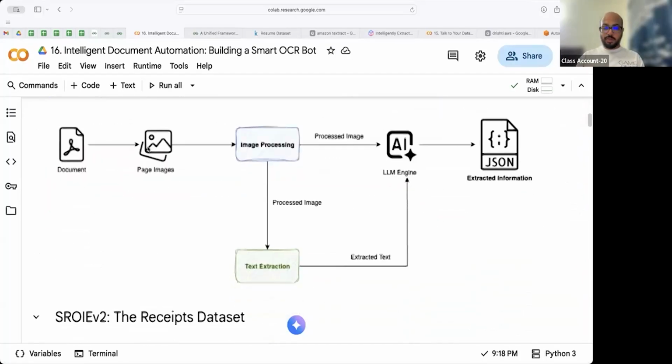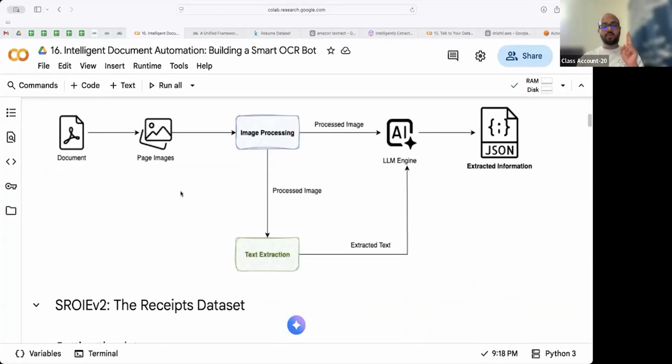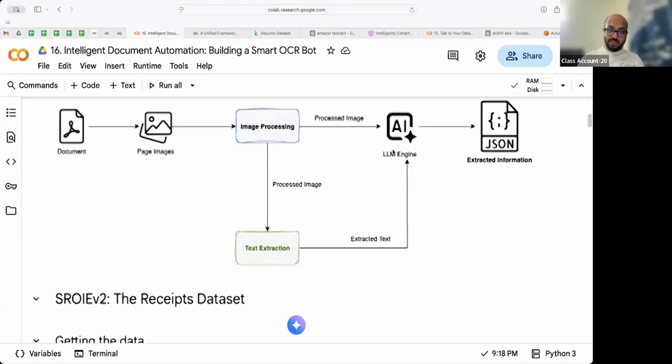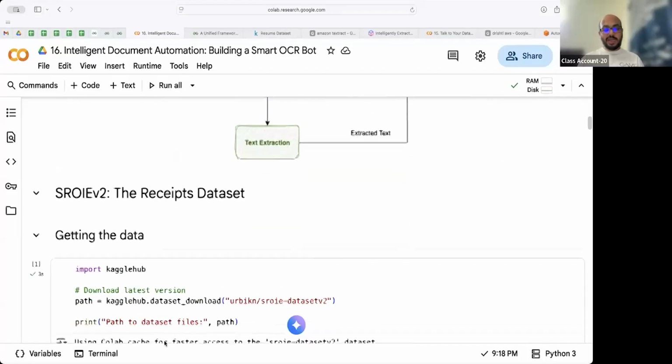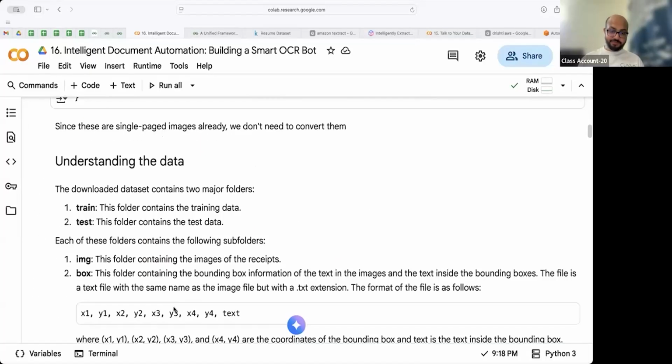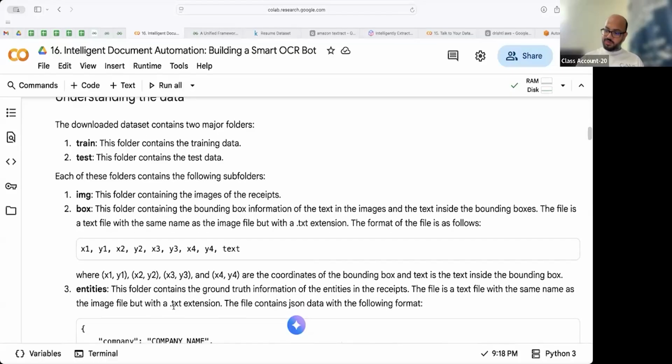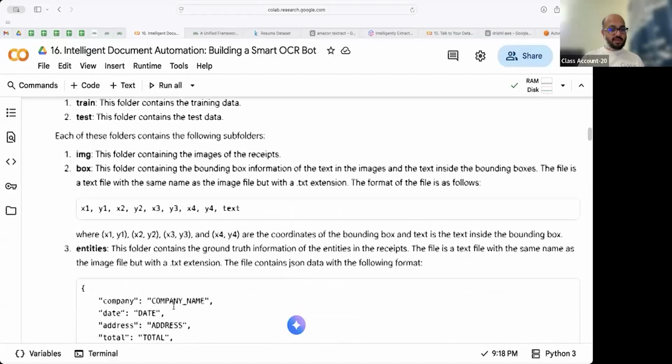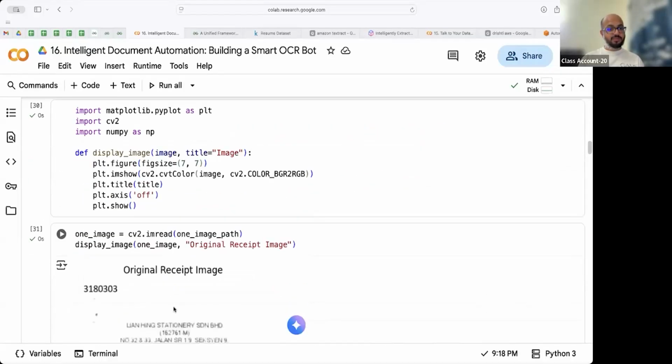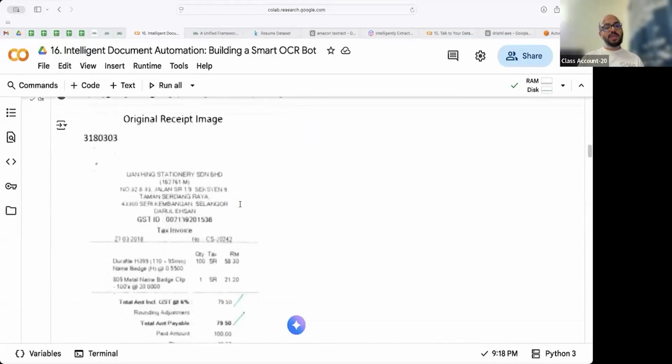We talked about how and why we are sending both the processed image and the extracted text to the LLM engine. We looked at the dataset. Then we did